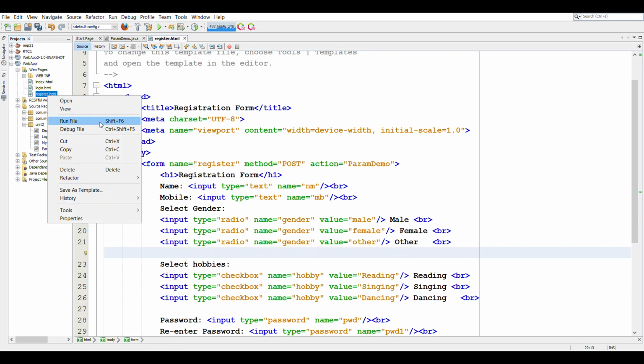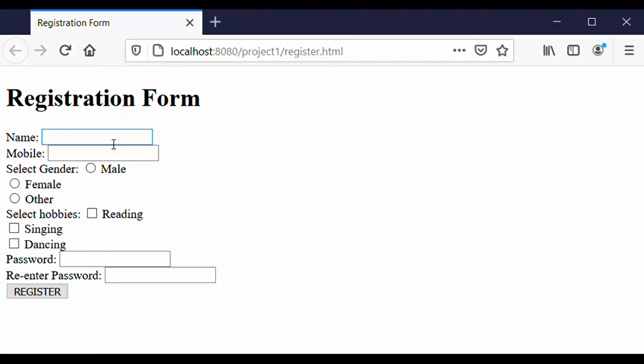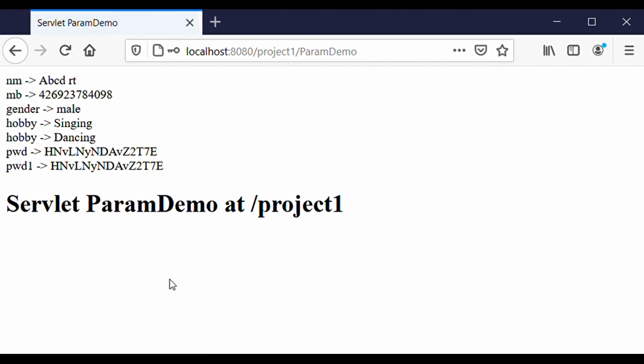Now when we run this code, we have selected two hobbies here.